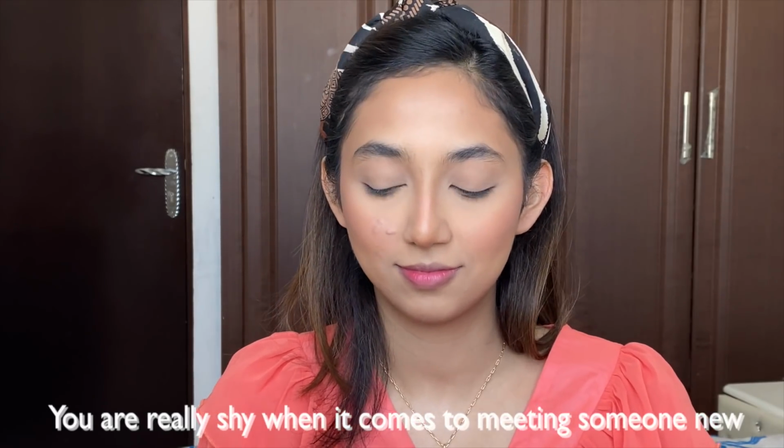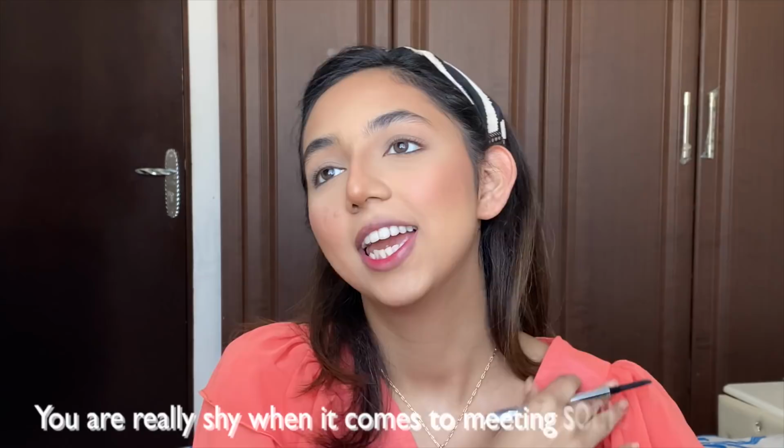Now I'm gonna be doing my brows. I'm using the Benefit Goof Proof Brow Pencil. This is in the shade number 5. You are a really shy person when it comes to meeting someone new. It really depends on how the other person is. If they make me feel comfortable and they're social, then I'll become chatty and I'll become social. But if they're like, how are you? Then I'm just like...